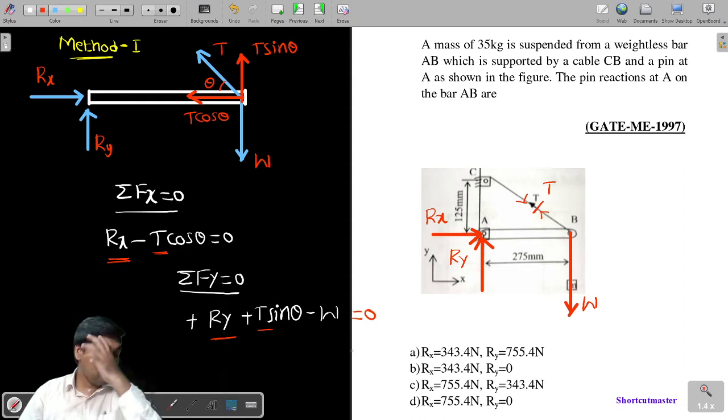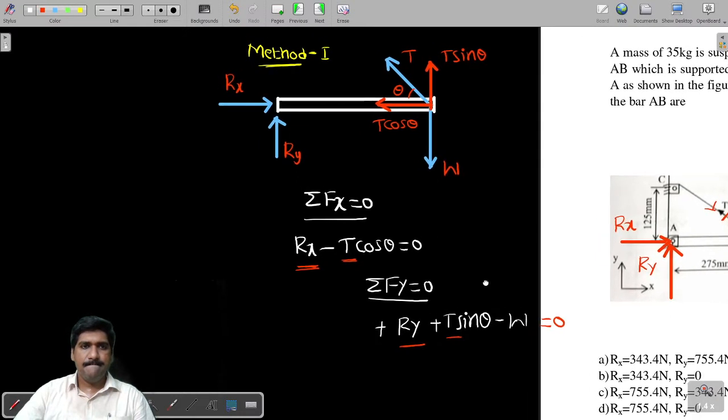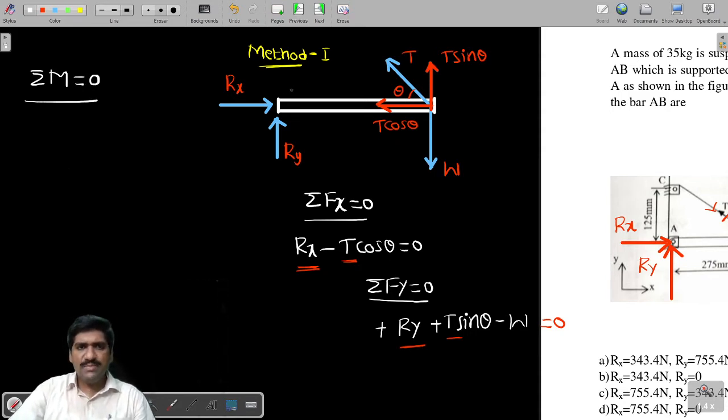There is a picture. Now, what is one more alternative equation we have? The third equation of equilibrium is what you know. We have to go for, that is, here I am writing summation of the moments is equal to 0. Tell me where you will take the moment center. So this is the point A we have, and this one is the point B.